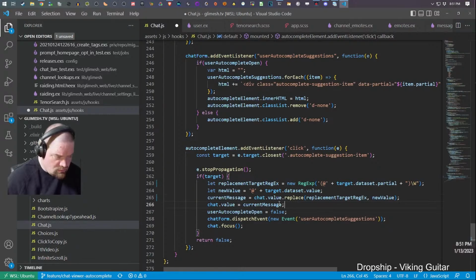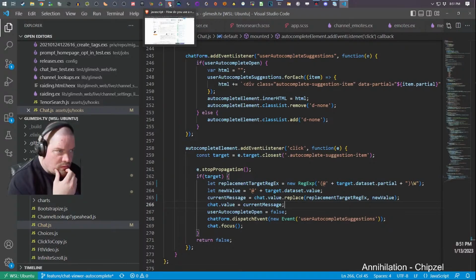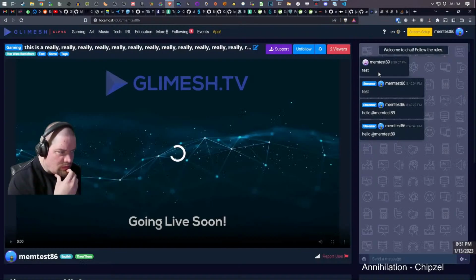New value. Just see what this looks like. Because honestly, I could even leave the @ symbol out of it, and then I won't have to put it in here. So what does that look like?